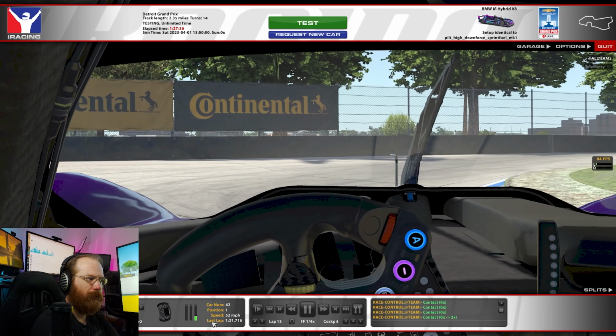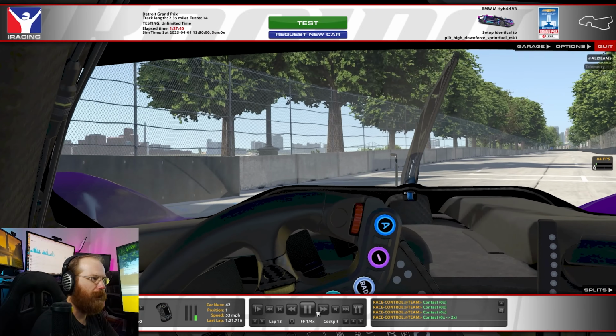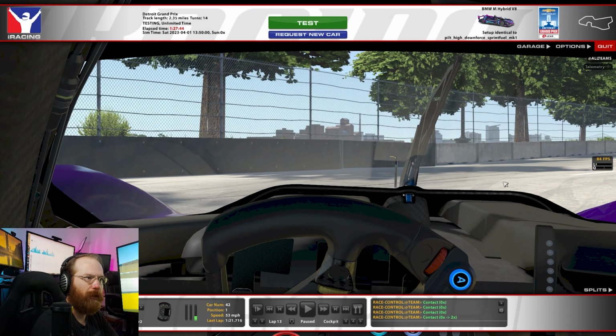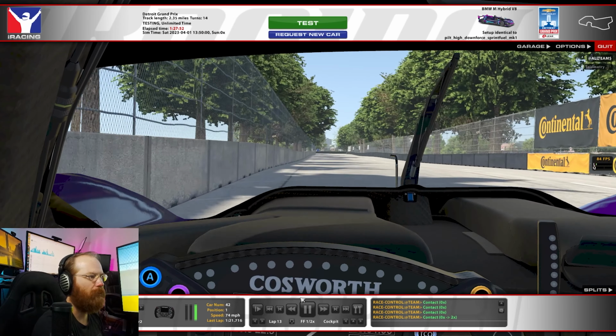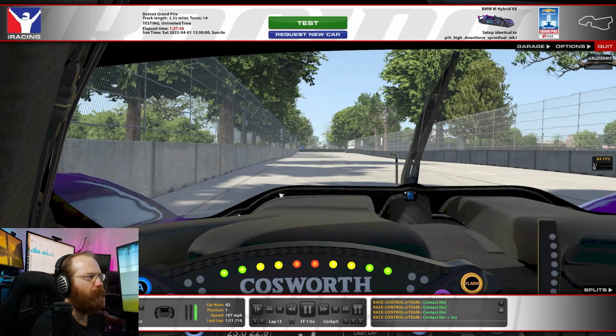and then kind of coast through, bring back a little bit of throttle. And there is kind of like this little dip in the pavement here. It kind of helps grip up the car a little bit, I found. But yeah, then it's just full throttle through this next section here to the 300,